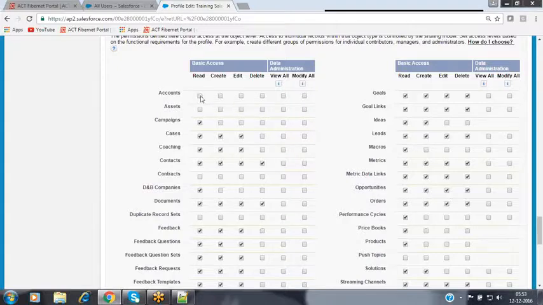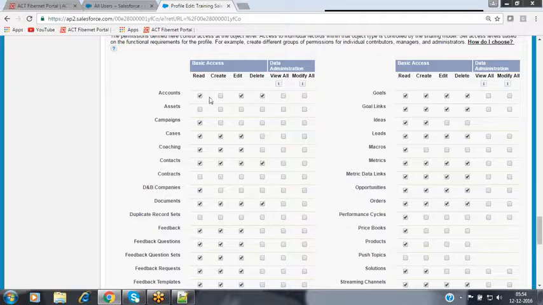For example, when you click on the edit checkbox, what will happen? The read checkbox and the edit checkbox will both be selected. Similarly, when you click on the delete checkbox, the edit checkbox and the read checkbox both will be selected. This is because of the dependency: if you want to remove a record, you should have the edit permission, and to edit a record, first of all you should be able to read that record. For that reason, the edit checkbox and the read checkbox both get selected here.